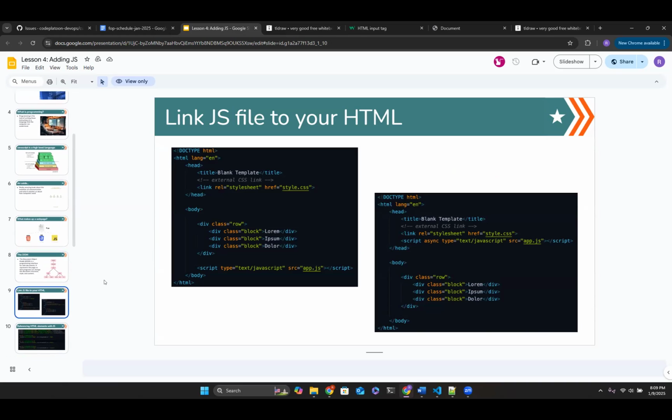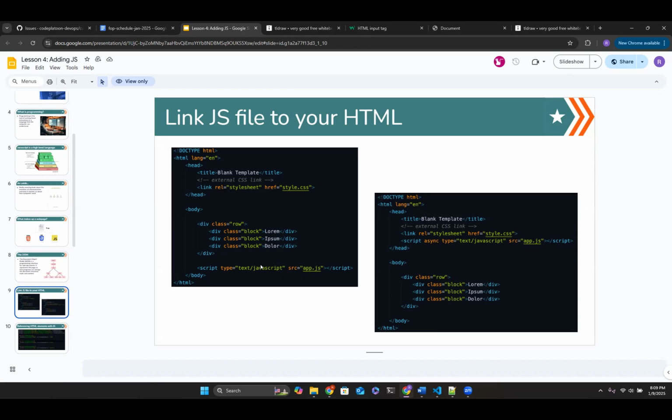Now, Jason asked a question earlier of how we link our script. There's two ways to do it. One way is better than the other, personally, I think, but both of them will achieve a very similar result. And that is via the script tag, right? Unlike the style sheet that uses a link tag, you're going to attach a new tag called script. And this script is going to take two attributes. One is going to be the type, and the other is going to be the source, right?